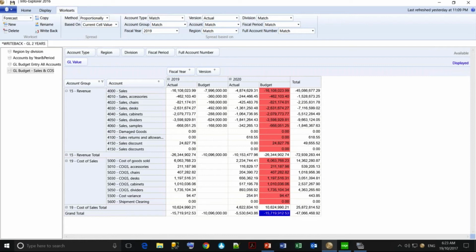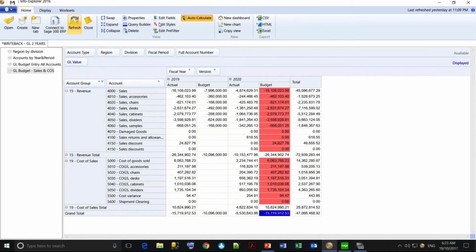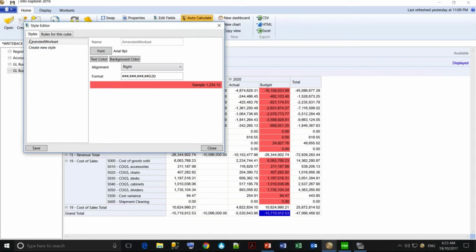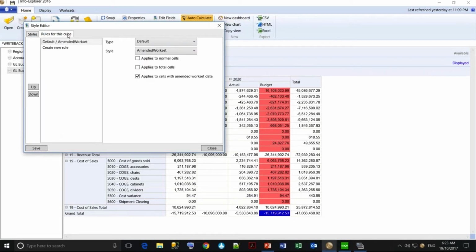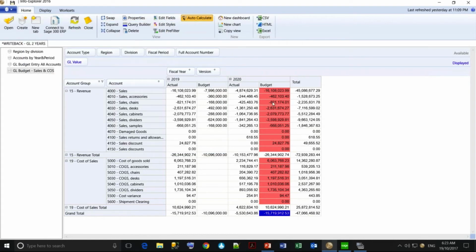You can see by applying conditional formatting, in my styles I have created a style called Amended Workset, which has this pinkish background with black font, and I've applied that to all cells which have amended workset data. So the amended data has now been shown as